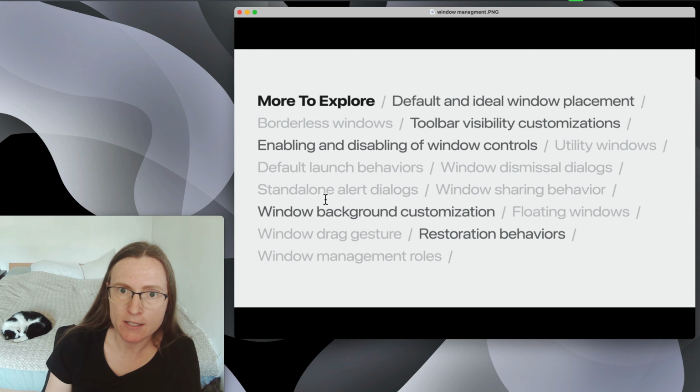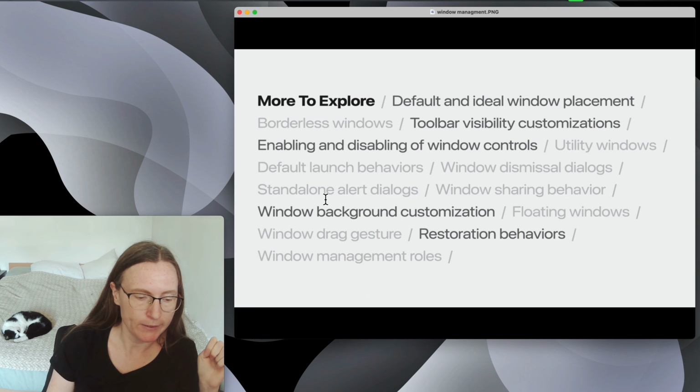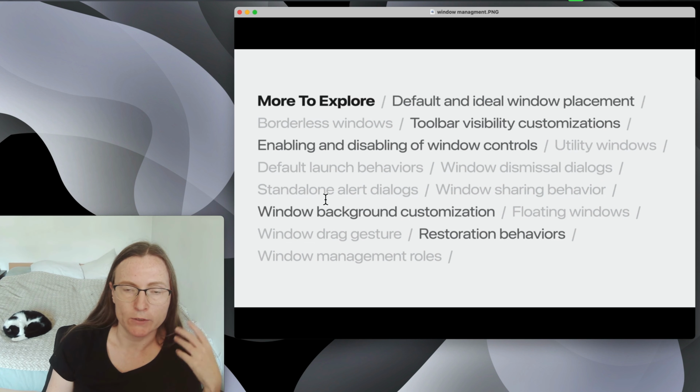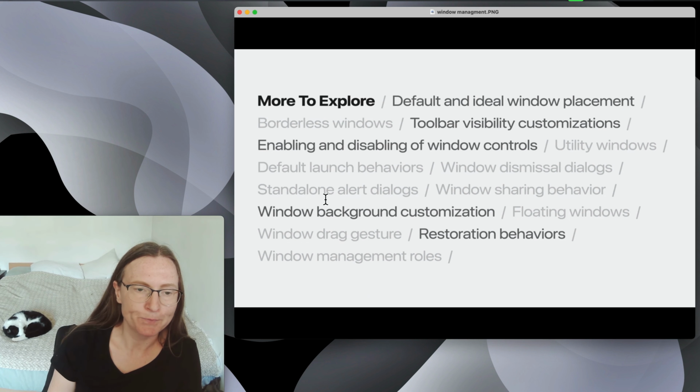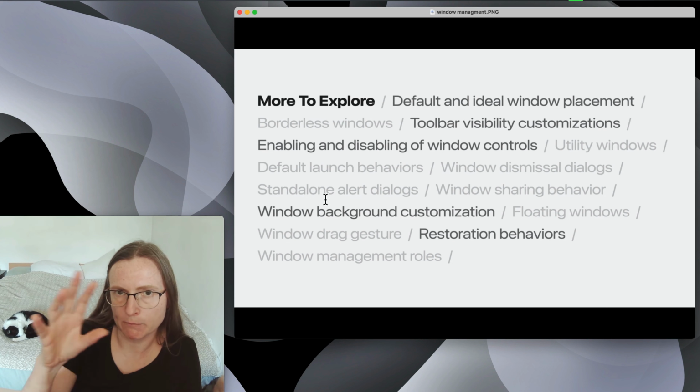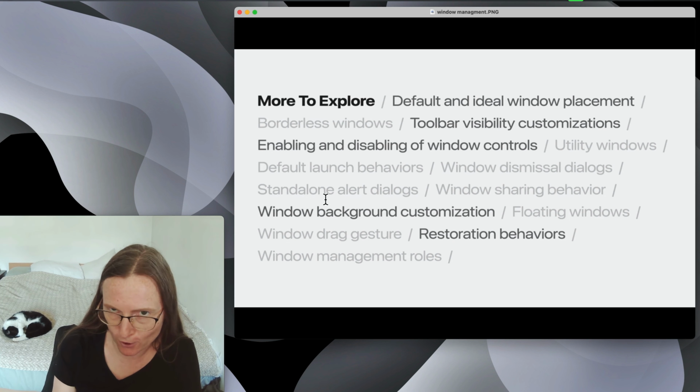You can also see this because there are two dedicated talks to Windows. One is "Work with Windows in SwiftUI," and the other one is "Tailor macOS Windows with SwiftUI." So this is specifically for macOS. You can also see here one screenshot from one of these presentations that gives an overview of all of these